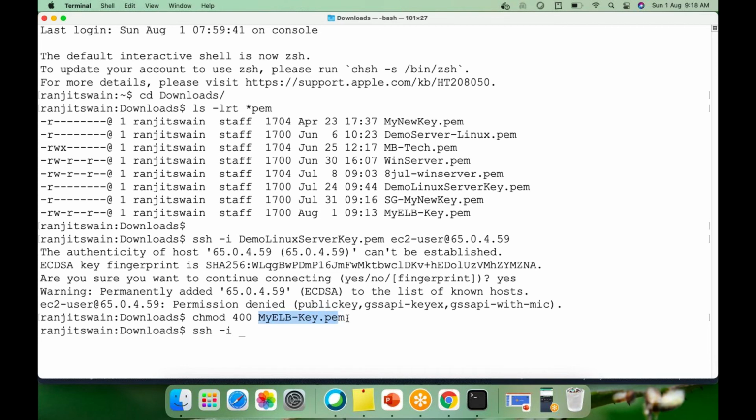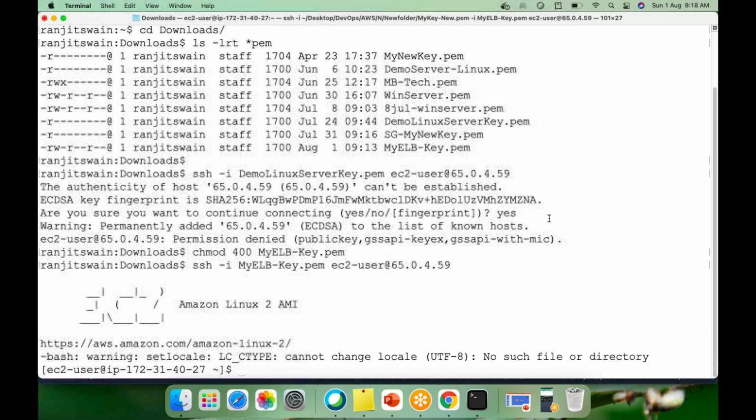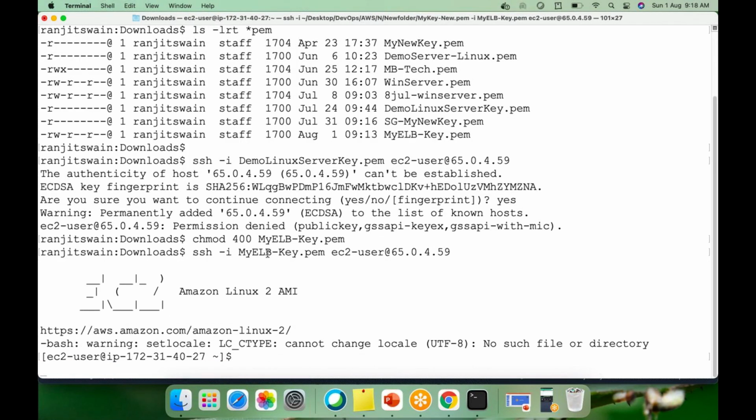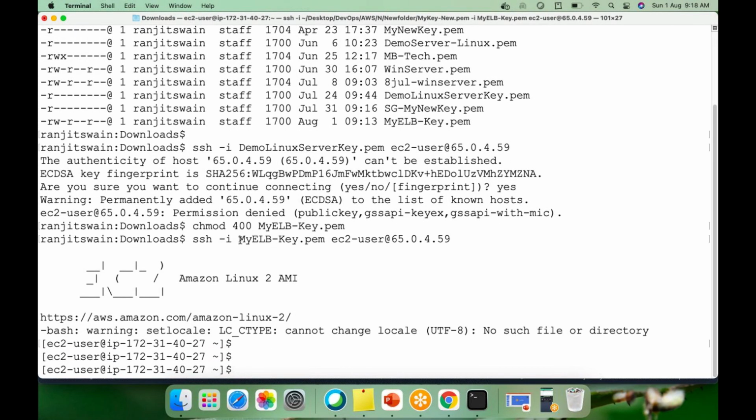Hyphen i, so I have to provide the key. Suppose I gave the key as demo Linux server key, and ec2-user at the rate, give the IP address. So it simply says permission denied. We cannot connect. Okay, now if I use this key,